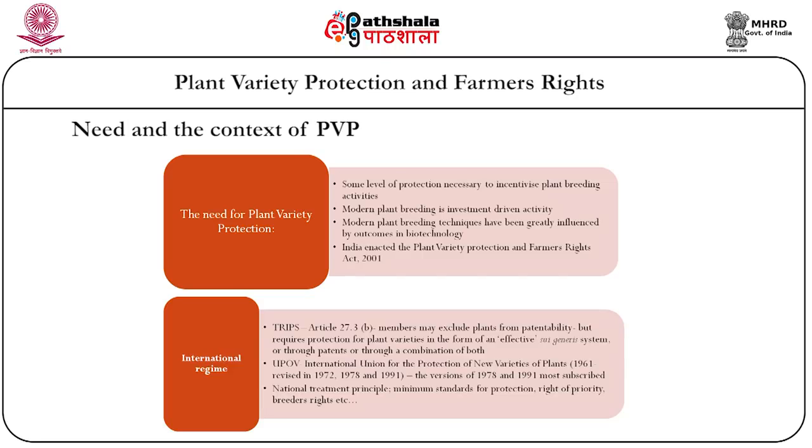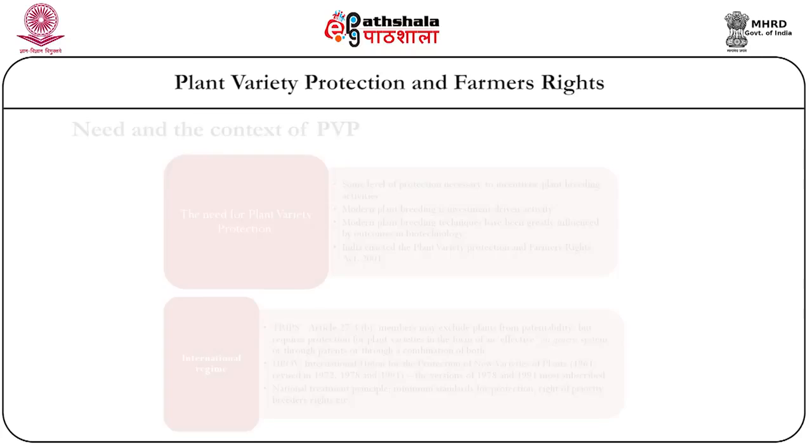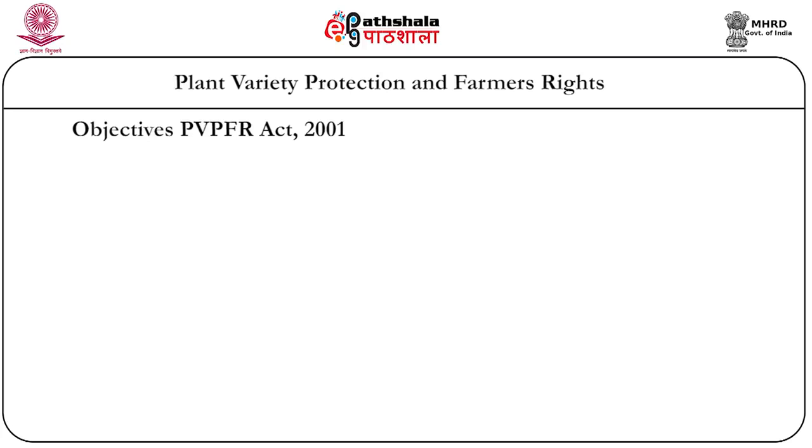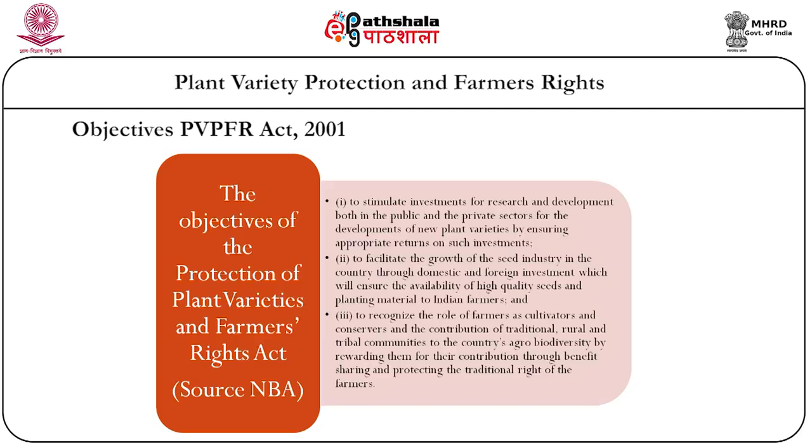Now, the 1991 version looks into the principle of national treatment, minimum standards of protection, right to priority and breeders' rights, etc. So, the objectives of plant variety protection under the Indian Act are, first, to stimulate investment for research and development both in the public and the private sector for development of new varieties by ensuring appropriate returns on investment; second, to facilitate the growth of the seed industry in the country through domestic and foreign investment, which will ensure the availability of high quality seeds and plant material for Indian farmers; and third, to recognize the role of farmers as cultivators